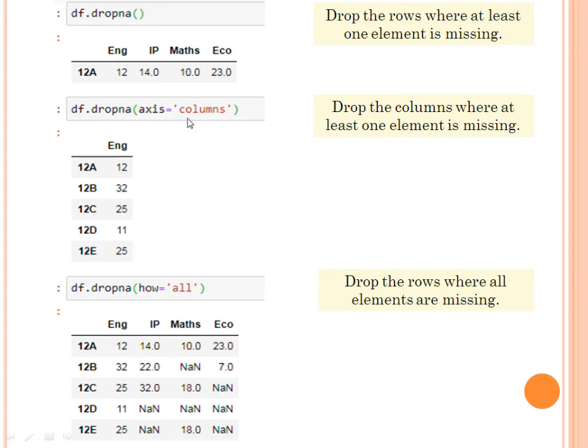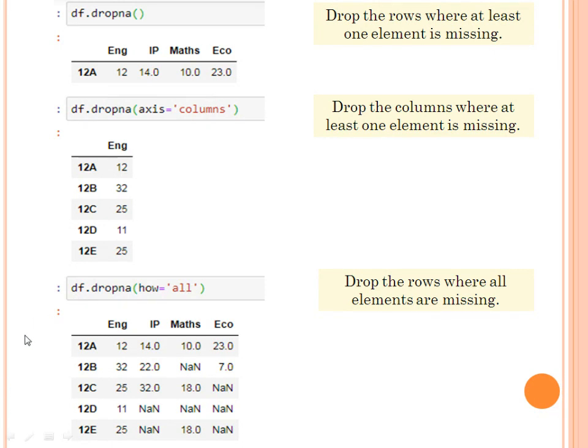So if I write axis equals to columns, all the columns with NaN values are deleted. You know, in English there is no NaN value, so English is left. So children, just remember, these changes are not happening inplace. So they are not reflecting in the actual DataFrame. It is only reflecting on your screen.